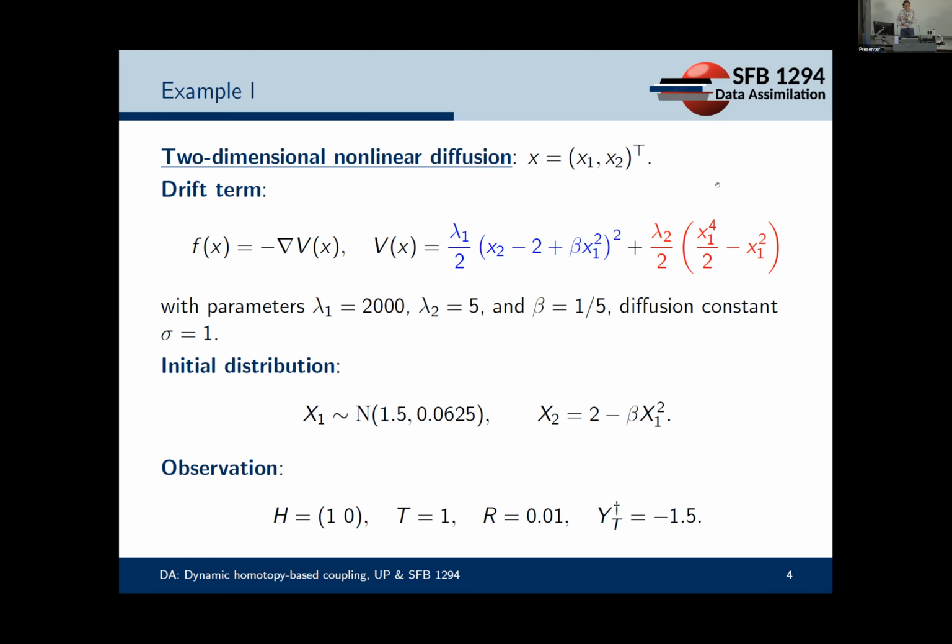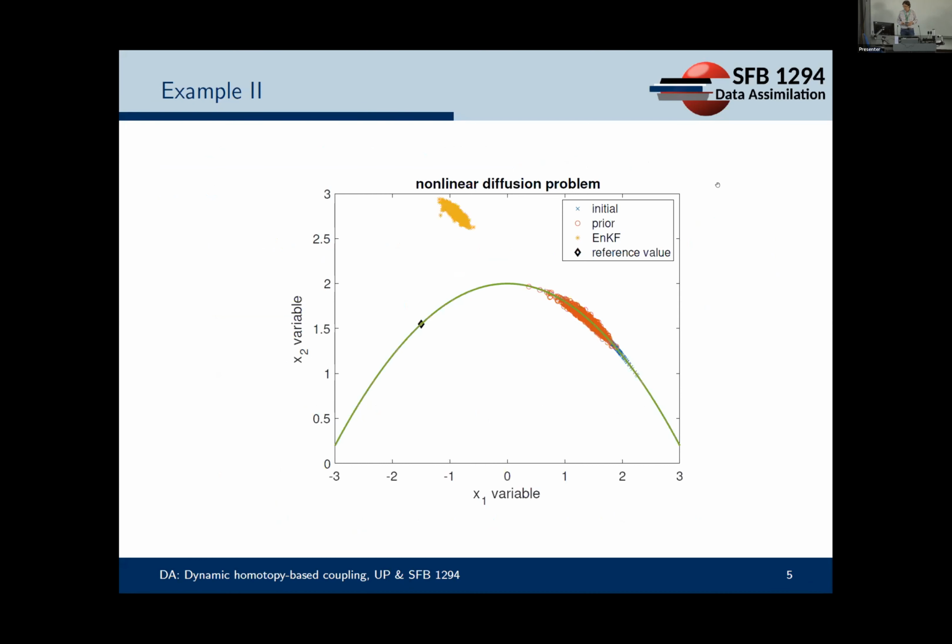And the setting is as described there, but it's probably better to illustrate with a picture. So the green line is a parabola where the dynamic sits on. It's a two-dimensional state space, so x1, x2. And then, as I said, in the x1 direction, you have to think of a bimodal potential. So I start with, my ensemble, my prior at time 0,